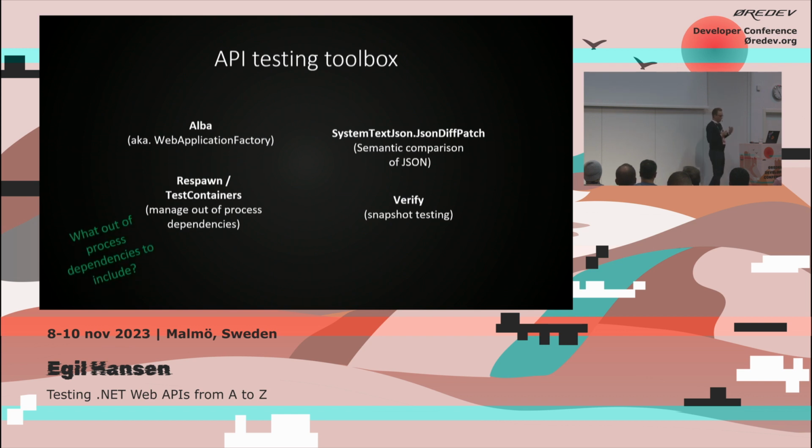Now, this brings up a question. What out-of-process dependencies should we actually bother including in our tests? If you have a database, for example, an API sitting on top of a SQL Server database, do I mock that database? Do I just stub it out during testing and not use it in my tests? Or do I start it up and load all the things from there and use it during my testing? And I think the rule of thumb for me is to ask: is that database something that is externally visible to the outside world,